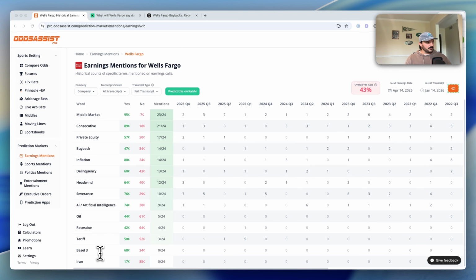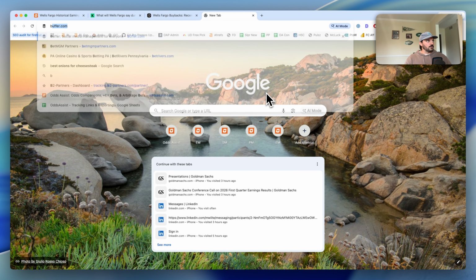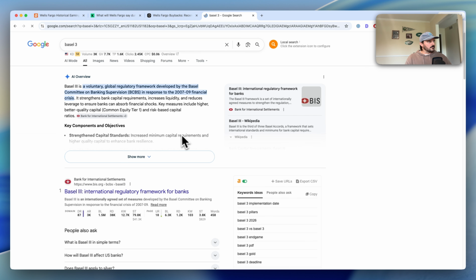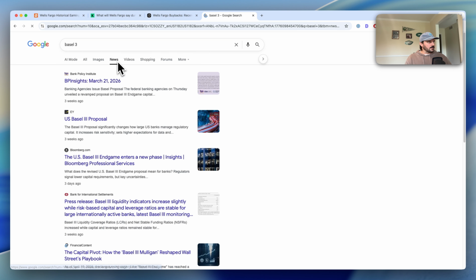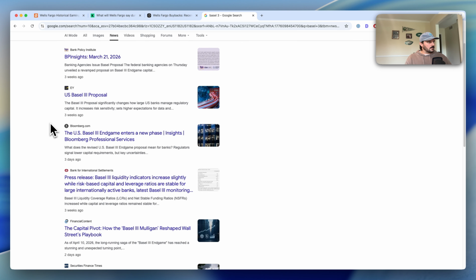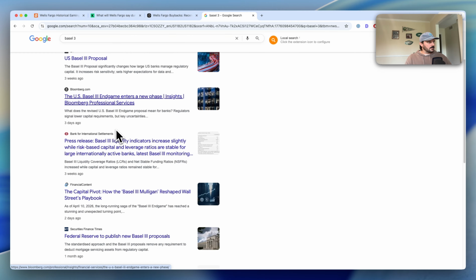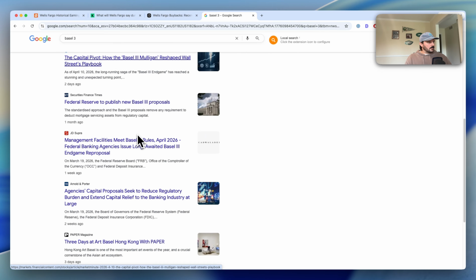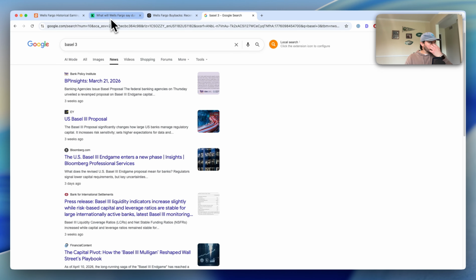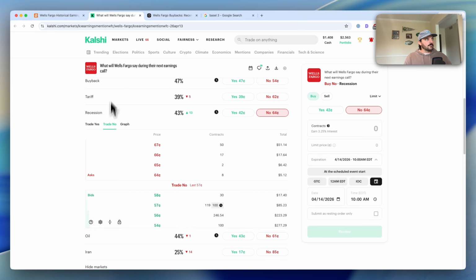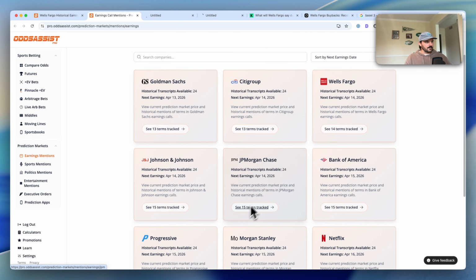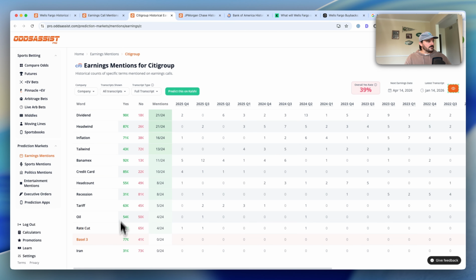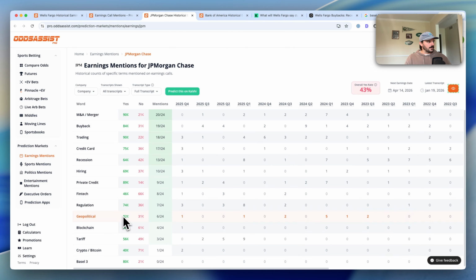Basel 3. This is some kind of new regulatory framework, and something just happened with it. I don't fully understand it. Haven't looked into it much yet, but I have noticed it popping up on a lot of these companies' earnings calls as strikes. So if you look at some of the other banks, you'll notice they all have it, and they're all priced pretty high,